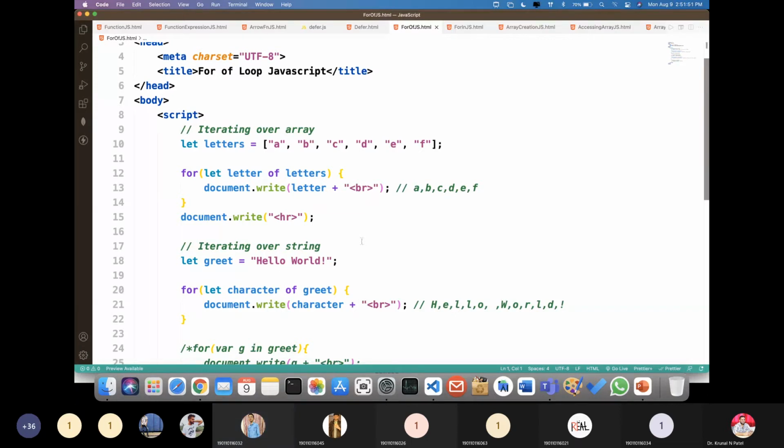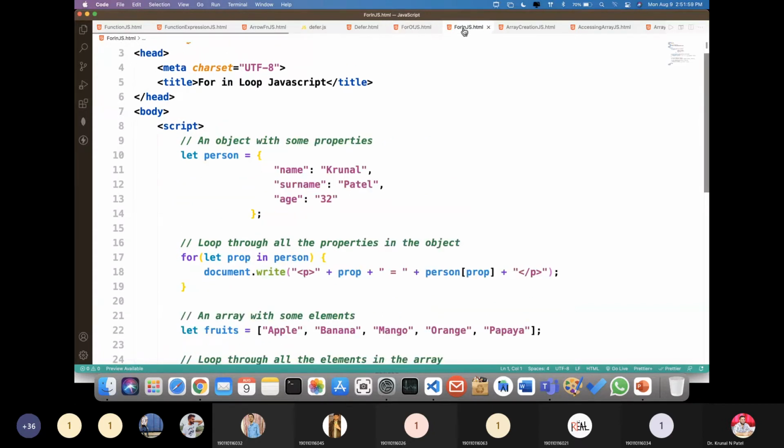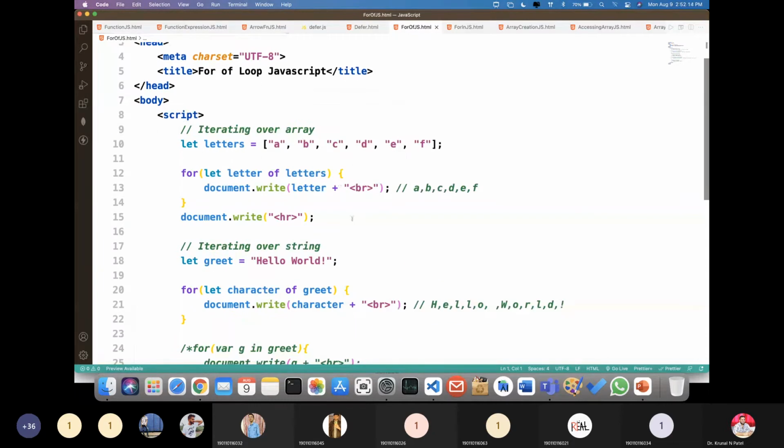So for of is used for iterating things, right? Strings, arrays, and all that stuff. For in is used to iterate through the objects, right? Objects we will see very soon, after completing this. But right now, just remember the syntax, how you can use for of and for in.